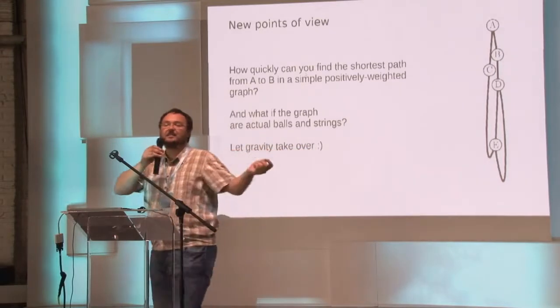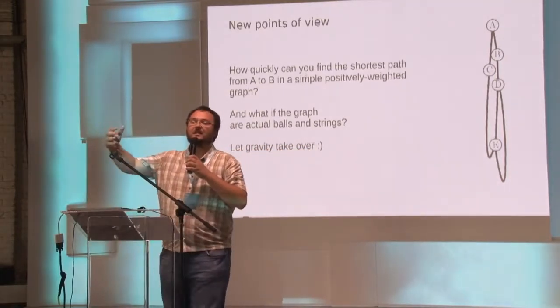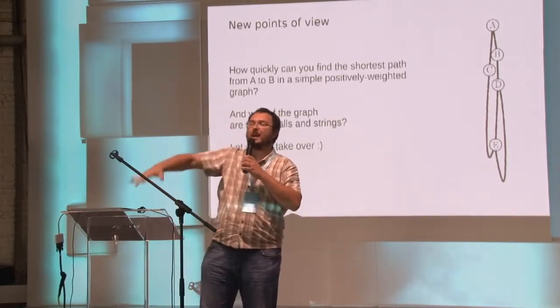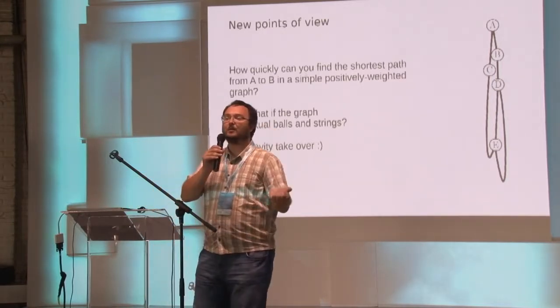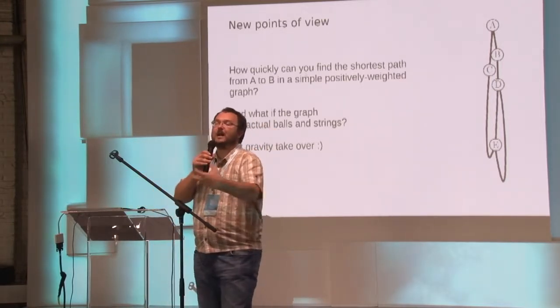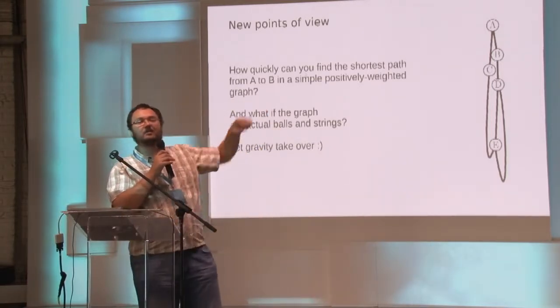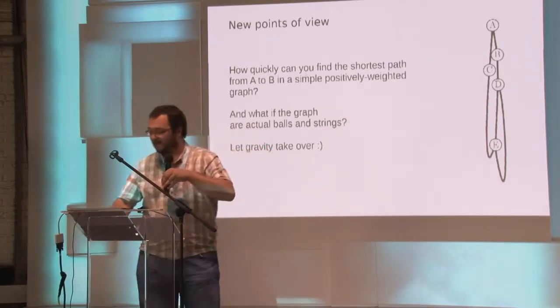And that's it. That's the entire correctness of Dijkstra's algorithm. And also, for instance, imagine that you have a graph, you have already computed the shortest paths from A to everywhere else, and now you add a new edge. What does change in the graph? What is the part I need to recompute? If I visualize it like the balls, we add a new string, and you can see what happens. It lifts some balls higher.